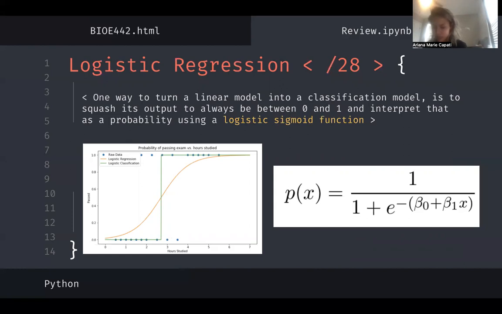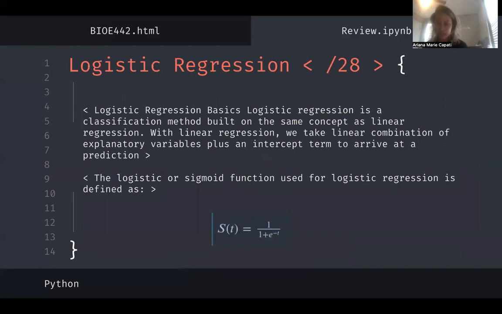The logistic or sigmoid function used for logistic regression is defined as the equation shown on the right, where t is the same linear combination of variables. It's also defined as this equation, where t is the same linear combination of variables used in linear regression, and the sigmoid function looks like an elongated S when plotted. We can use a logistic regression model to predict survival